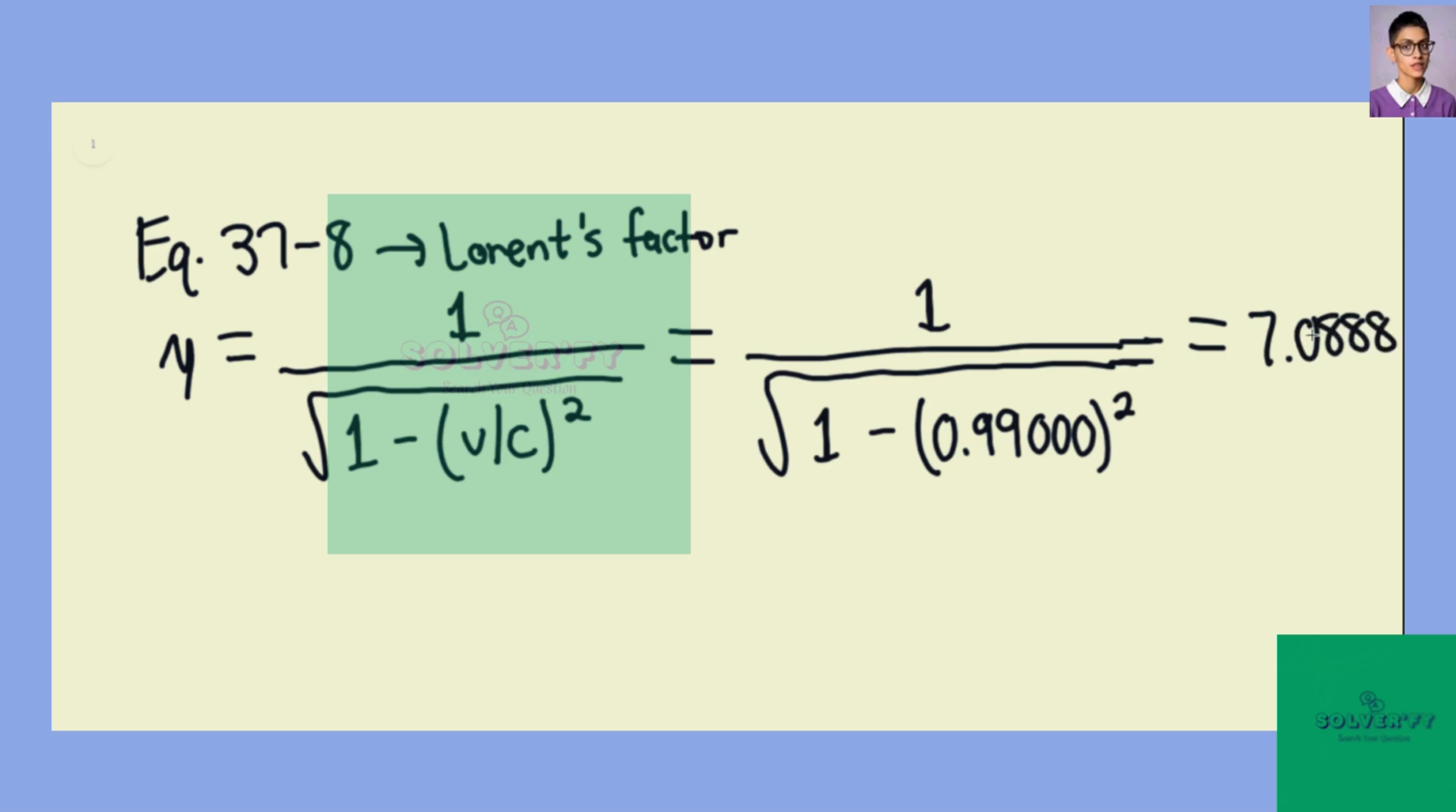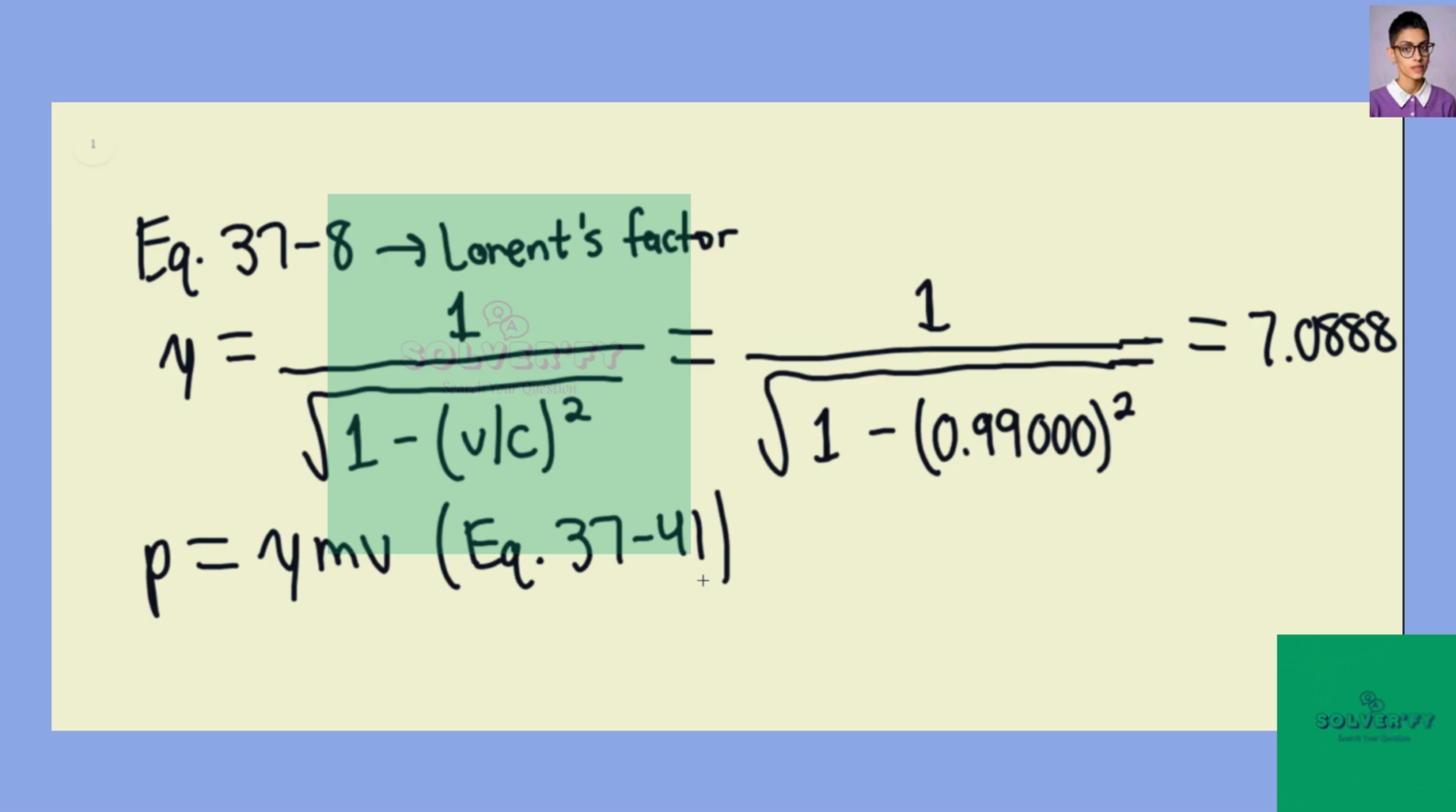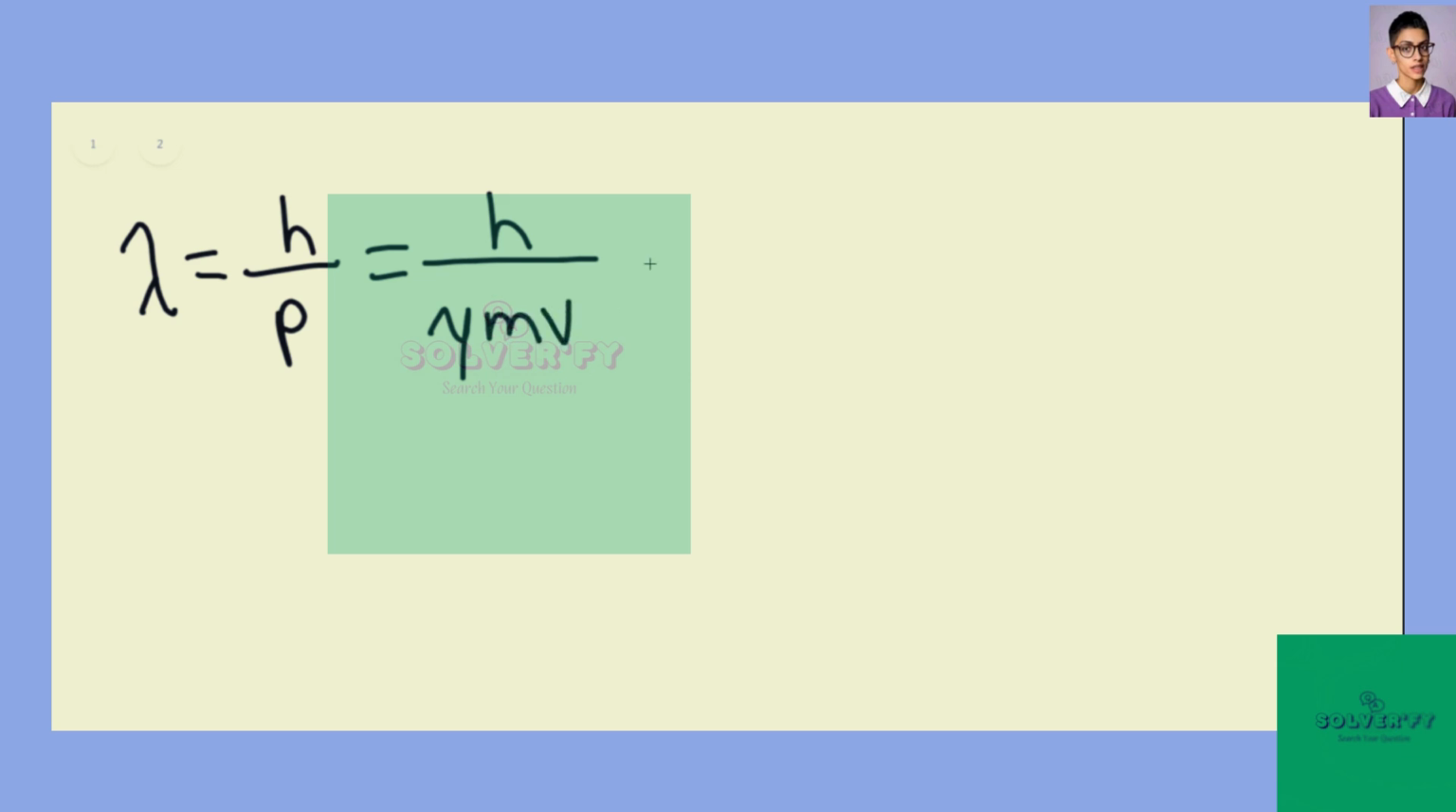and this is equaling 7.0888. We can then say that the momentum is going to be equal to the Lorentz factor times the mass times the velocity. This is from simply equation 37.41. And we can then say that the de Broglie wavelength of the protons would be lambda. This would be equal to the Planck's constant divided by the momentum. This would be equal to the Planck's constant divided by the Lorentz factor times the mass times the velocity, and